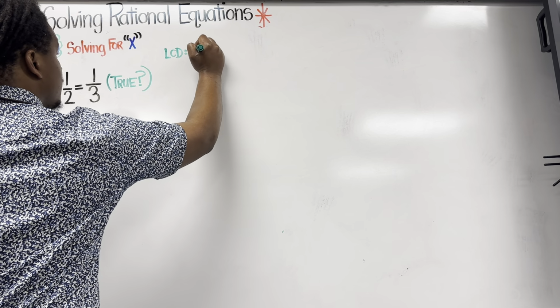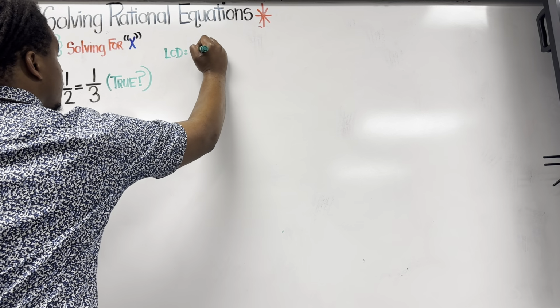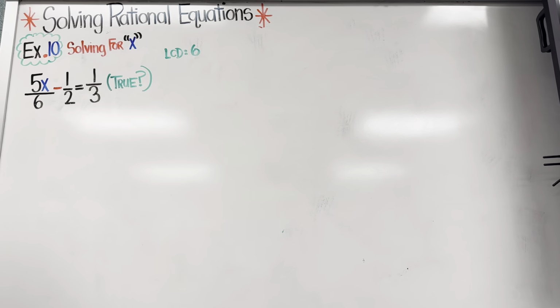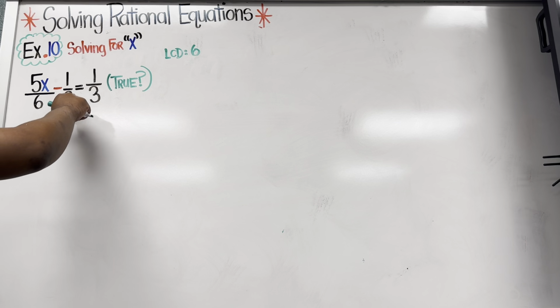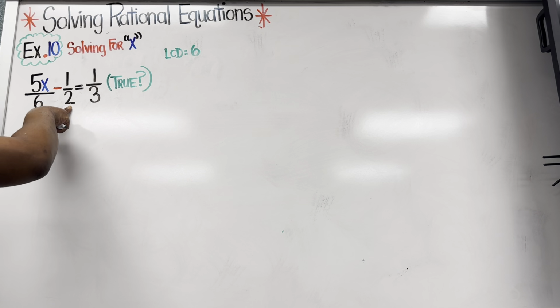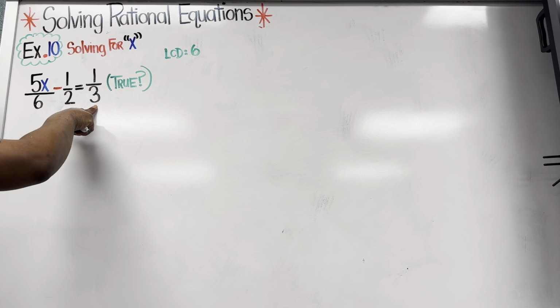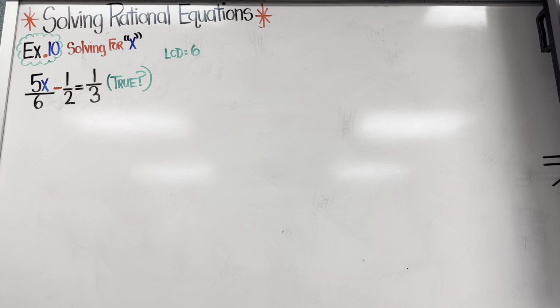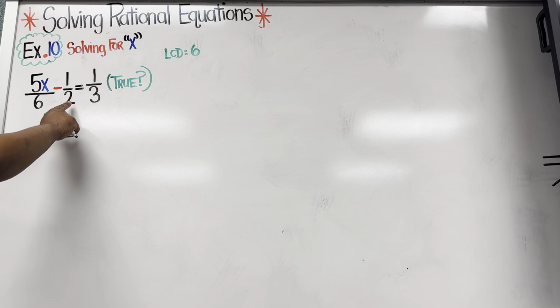The least common denominator is 6, because if I make this denominator become 6 and this denominator become 6, it will be the same, to where we can actually add. So yes, the least common denominator we're going to use is 6, because 6 is a multiple of 2